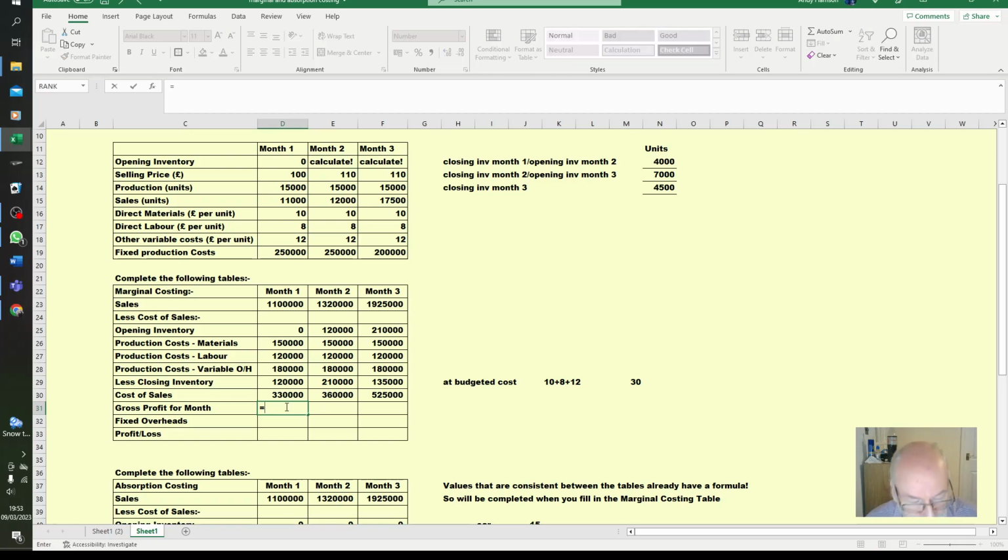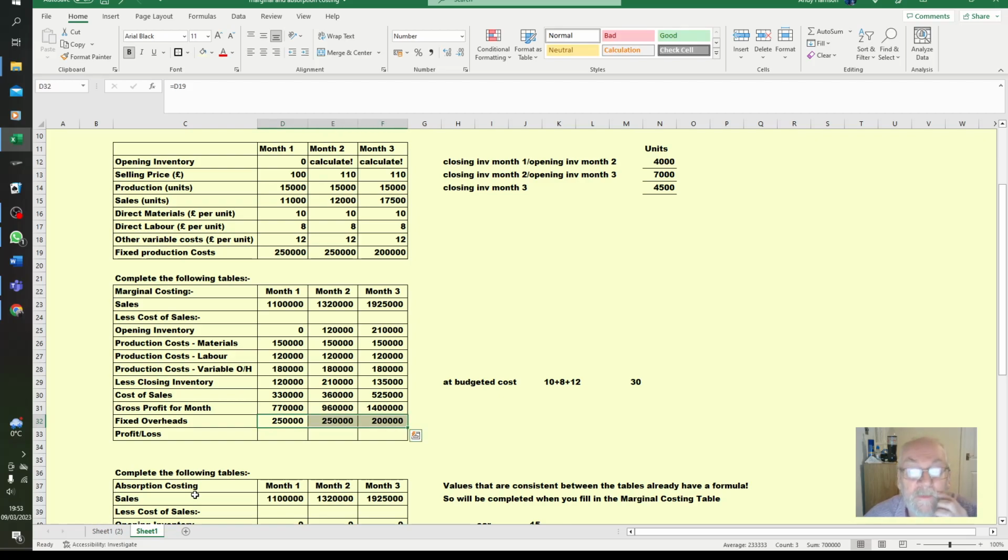is our sales minus the cost of sales. Quite a profitable company. Somebody should be getting a good bonus. And our fixed overheads would be under marginal costing on an accrued basis. It's actually, as it happens, not an absorbed basis. They're giving us a profit or loss of our gross profit